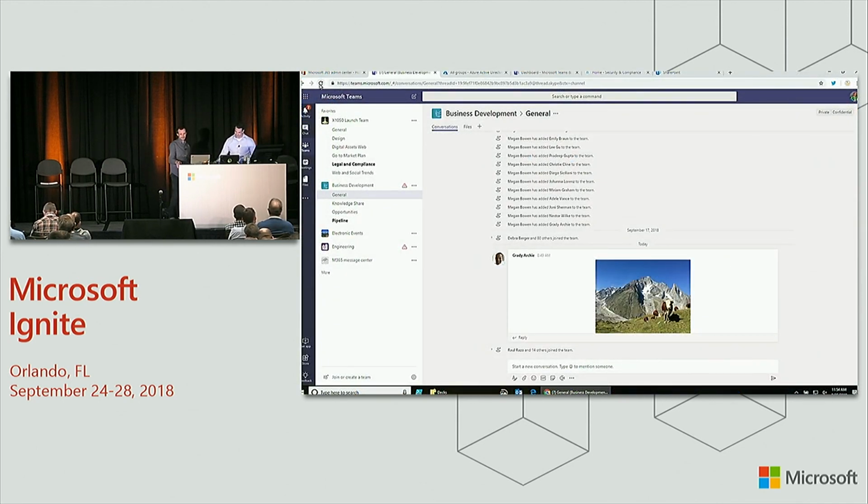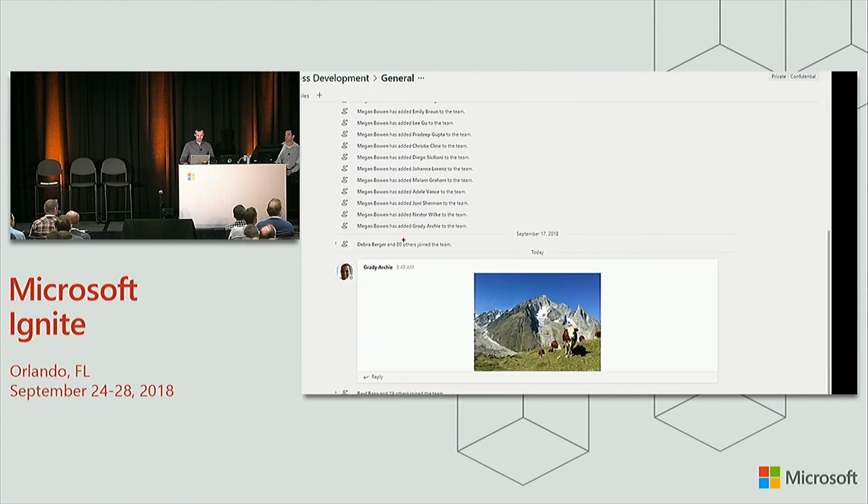So thank you, Mike. First thing I'll show you is some of those enhancements we're doing in Teams. And one of the things we actually demoed yesterday in the Teams session is this notion that Teams now support dynamic membership. That's something we've supported in the past in Outlook and SharePoint and other apps, and Teams now supports it. So here I got a group called Business Development, and it's a little hard to see, but a lot of people have been added manually, and then suddenly Deborah added 80 people, and then 14 people got added.